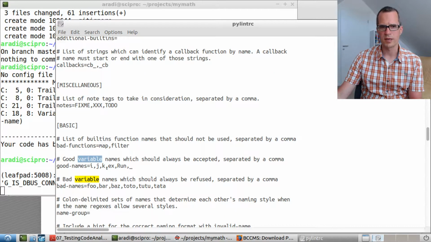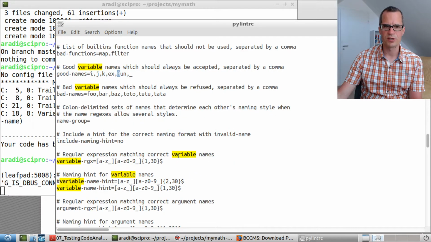Here, good variable names, for example, you can choose one letter variable names, but only if it's just i and k, and two letters if it's ex, and or with capital R if it's run. So there are some rigid rules, and especially here it says that the variable regex must be a letter, another letter, and which 1 to 30 times, and that means that basically I'm